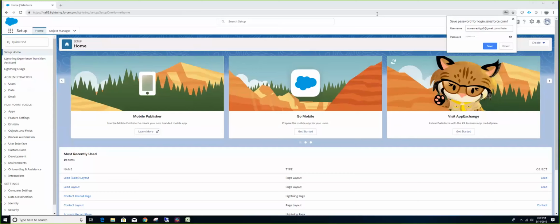So the difference between a role and profile would be, profile is a set of permissions that are intended for mass users, which control what a user can do in the system. Whereas role defines where you stand in the organizational hierarchy. In turn, it controls record level security by providing access to subordinates' data. Now, for custom objects, you can choose to uncheck the grant access using hierarchies checkbox. If you uncheck it, the rolling up of record level security based on the role will not come into picture. Okay, so that is about profiles, permission sets, and roles.